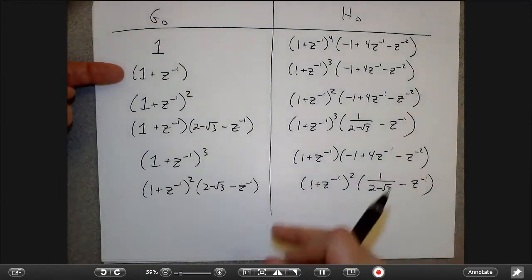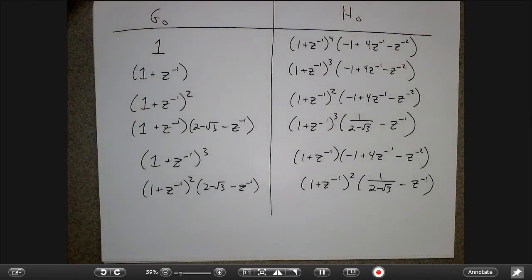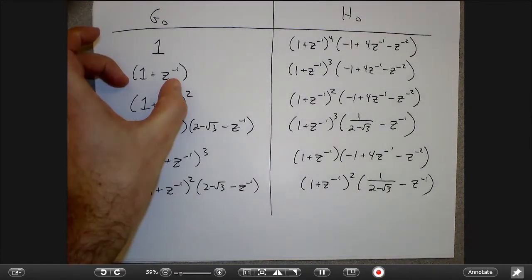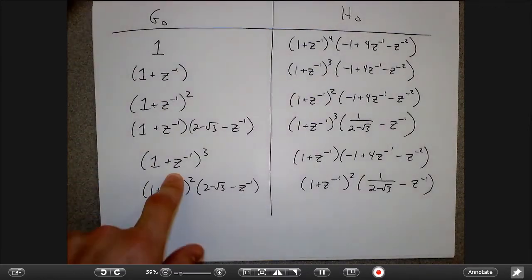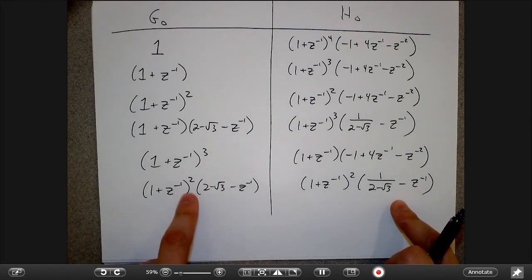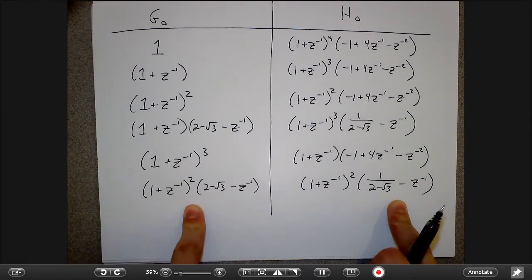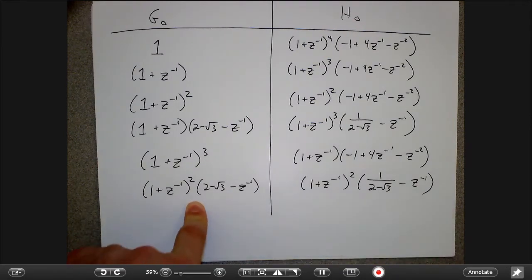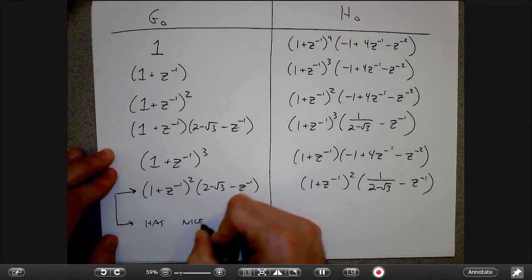This one might be nice in the sense that this filter over here is really easy to apply. It's like a very simple low-pass filter, just filtering with 1-1, right? So on one end, this would be pretty easy to apply. This would also be linear phase, as it turns out. And this one also has some nice properties. It's not linear phase, but it's what's called orthogonal, right? And what orthogonal means is that, so this one has nice properties